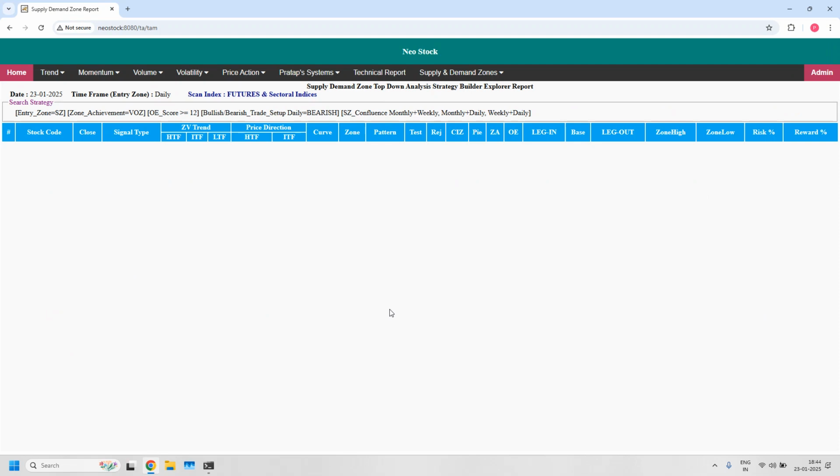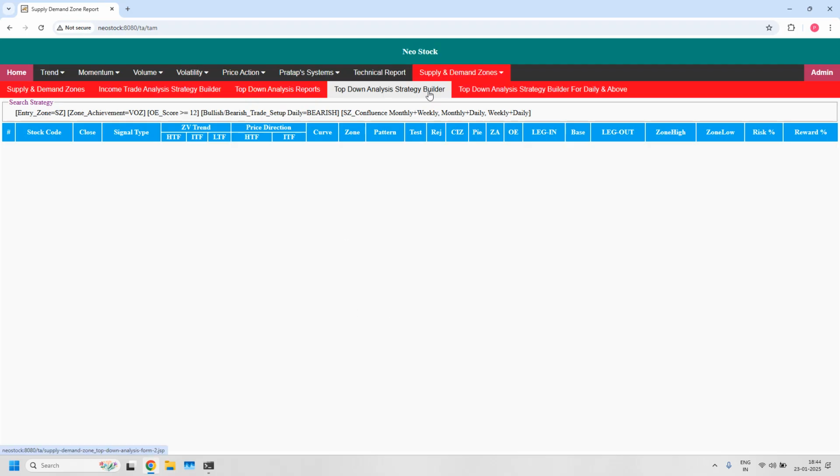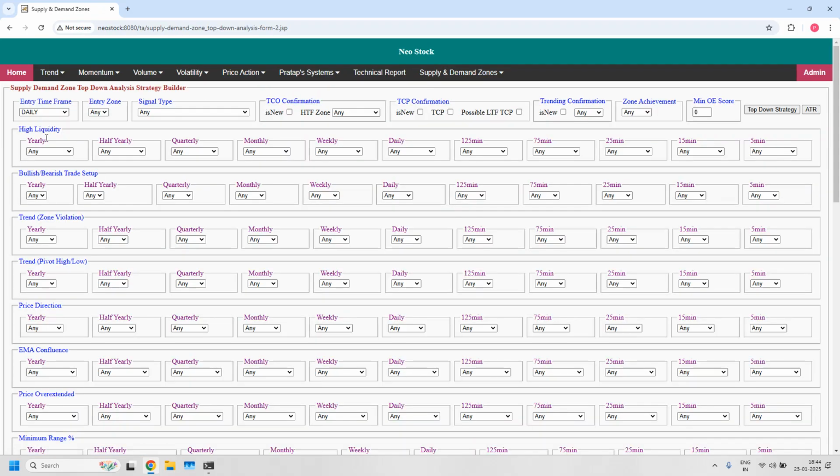Okay, this is about bearish trade setup for monthly income trade. Next, bullish trade setup for weekly income trade. Next is weekly income trade. Entry time frame 75 minutes. Entry zone, demand zone. And we should set 3 filters. Pierced count also should not be